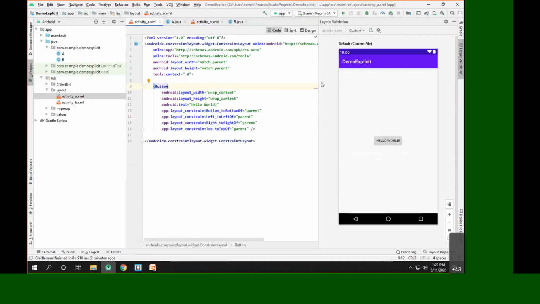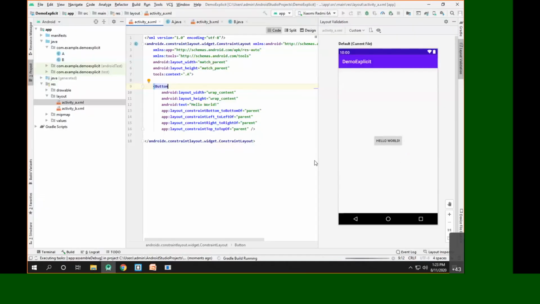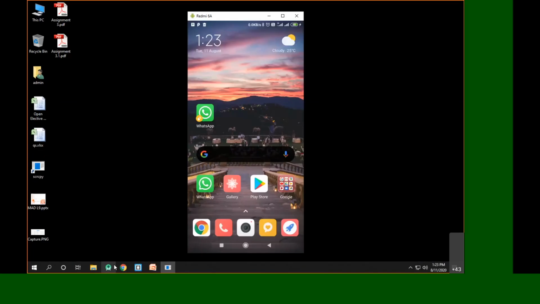Okay, now let's try to run this code. Currently we haven't looked at the explicit intent. What we are trying to do is just create the application and understand the application. And once we understand the application, we'll have a look at the explicit intent. So let's try to run this code and see what happens. Now here we have the device preview.